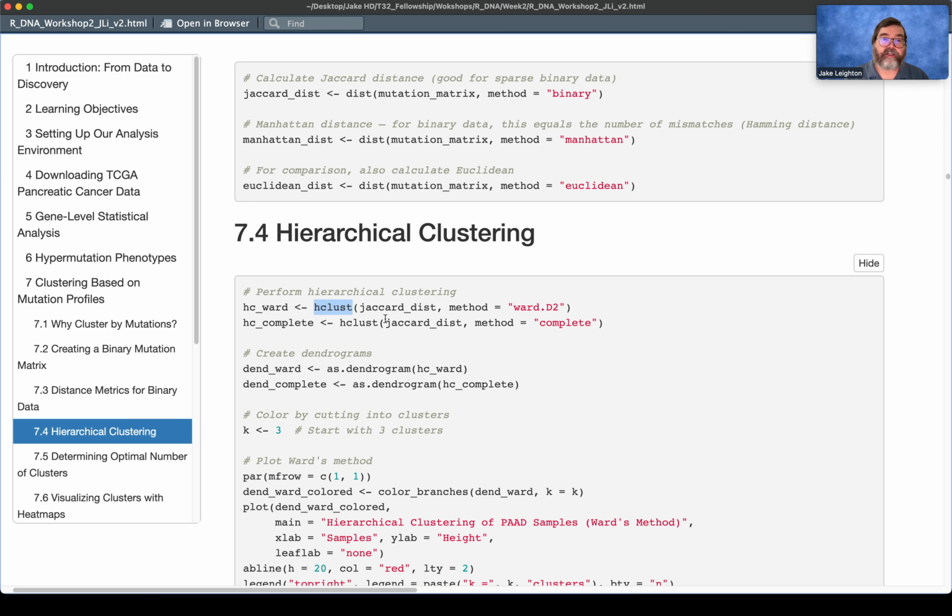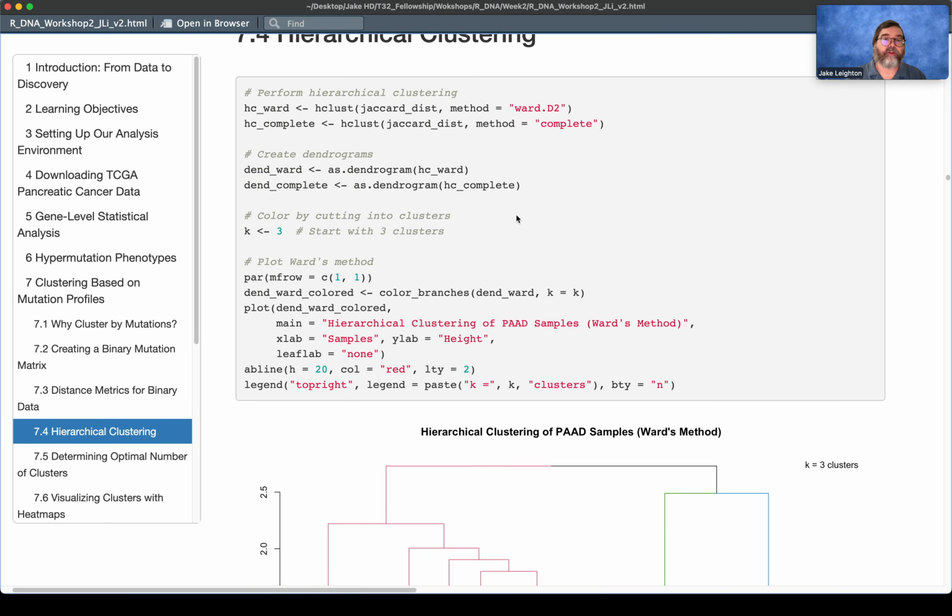We bring our Jaccard distance, and we're using the Ward.D2 method, which is the most common method to be used, to be honest with you. You could have gone a different way and used complete here. And you can check out the difference yourself if you would like downstream. I think for us, the best thing to do is just to go with Ward. It's the most widely used. So this Jaccard and Ward are the best for our data set, I believe. So that gives us our